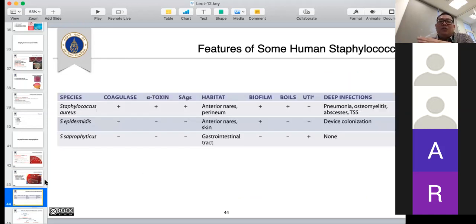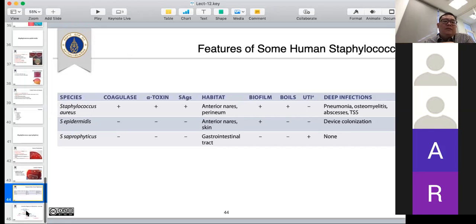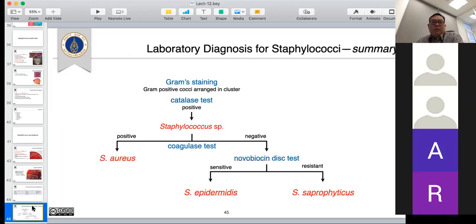Just so you know, they occasionally cause infection, mostly in the GI tract, causing food poisoning. All right, in summary,